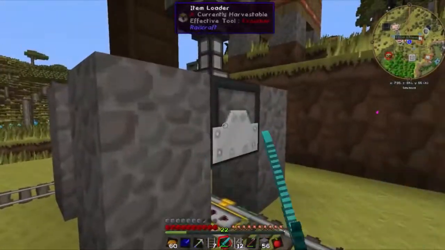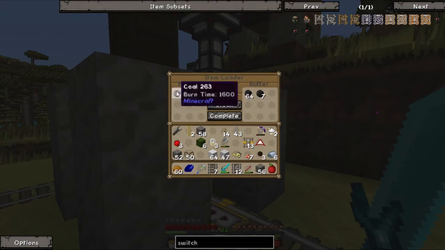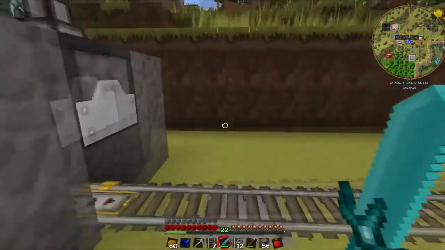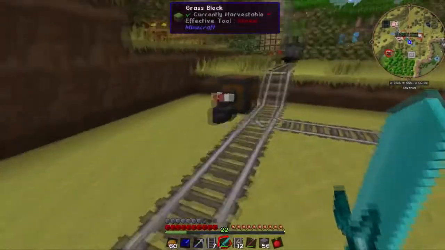So what I'll do is, as I said, I'll just increase this guy here. So we'll make sure he's always got at least 64. Now, can I do that? There we go. Completely that. So now, of course, it will make sure that he's got 64 in there. And what we should see is now